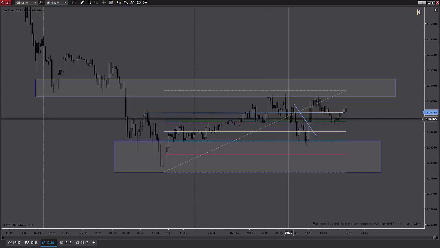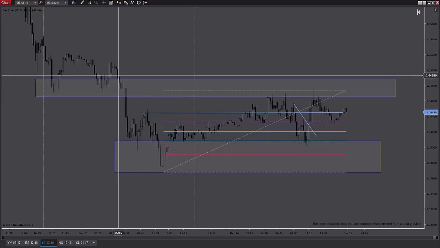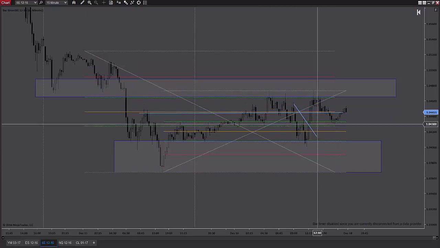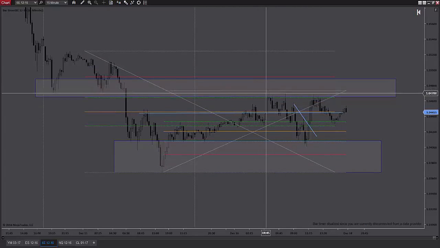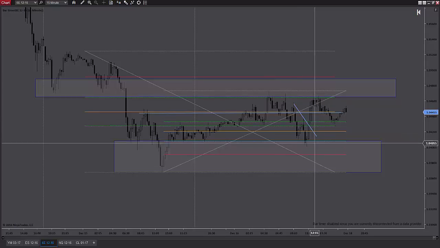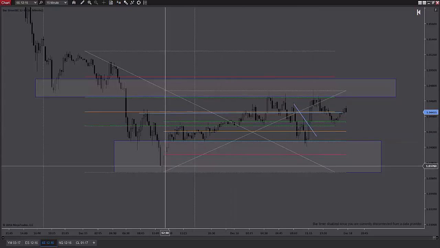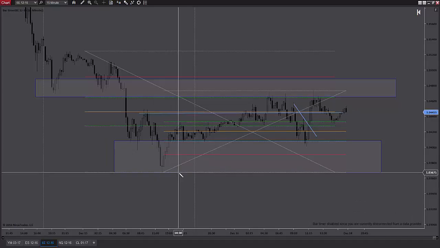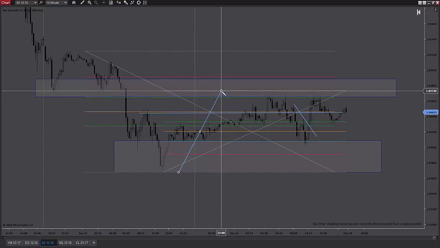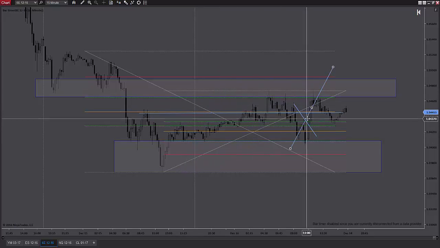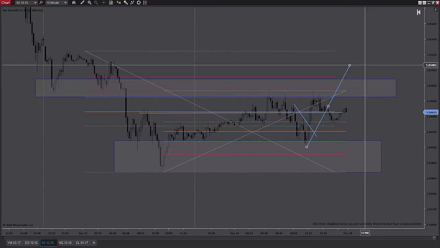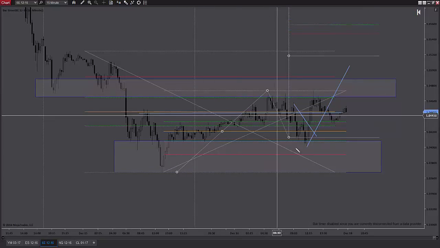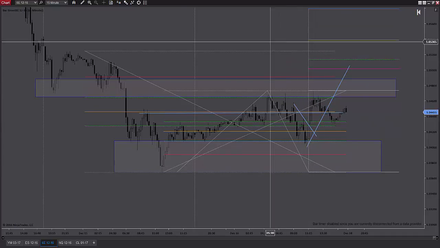You also have another situation happening here for those of you that are more into harmonic patterns, where you do have the 618, the correction of the 618. So what do you have here in the works? That's right, a possible Garley pattern. That completes somewhere in this general area. The price reversal zone for the Garley pattern is